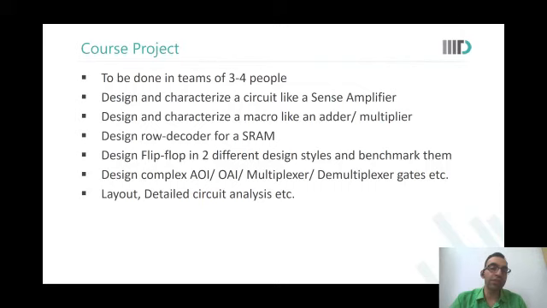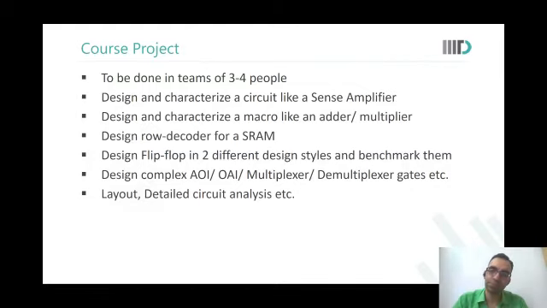Or, for example, you could design an AOI in a dynamic logic style and also a static gate logic style. And then you compare that, okay, we've done this and we realize that dynamic is better in terms of this aspect and static is better in terms of those aspects. That kind of comparative analysis is interesting for students or other people in academia to take back home, to interest them to read your work. So that is what I meant by saying that if you do a comparative analysis, you will probably be able to publish your work in some conference or a journal.